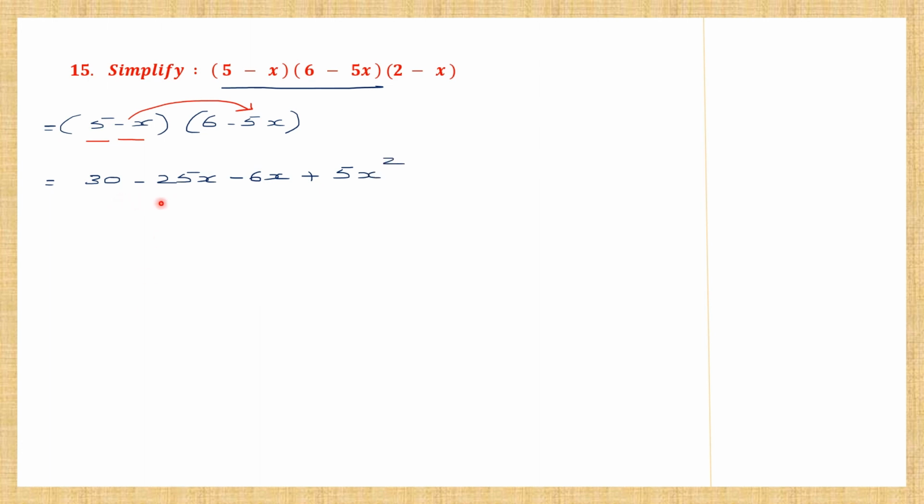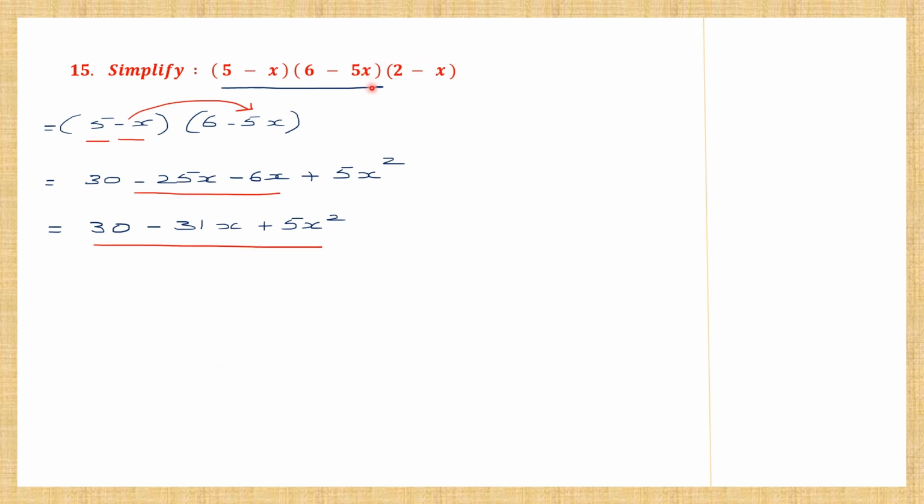We have 30 minus 25x minus 6x. So these two are the like terms. So here let's simplify these like terms. The rest remains the same. So this will be 30. Now here we have minus 25 minus 6. Signs are the same. So we will put the same sign and we will add 25 plus 6 is 31. 31x plus 5x squared. Now that we have this, we are going to use this one and multiply this with